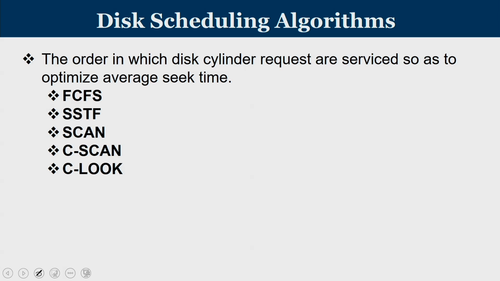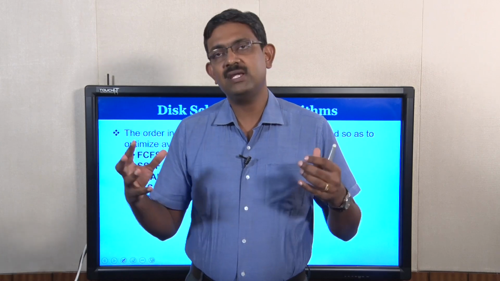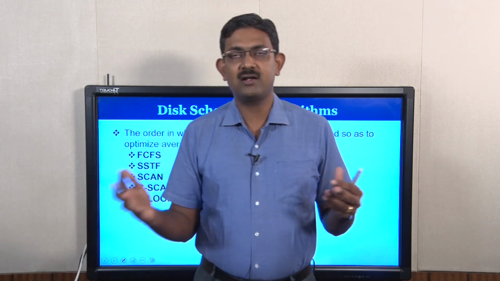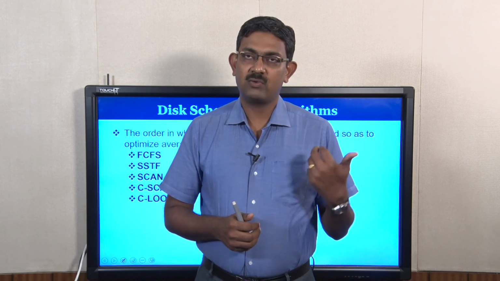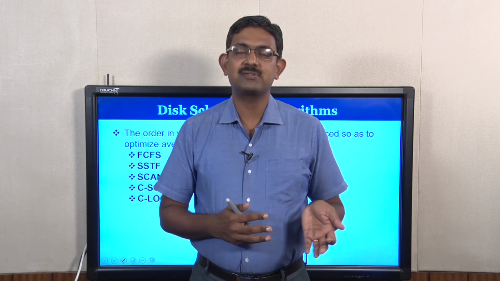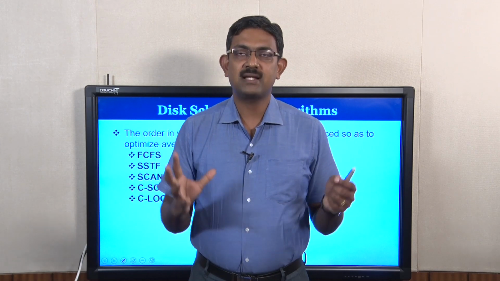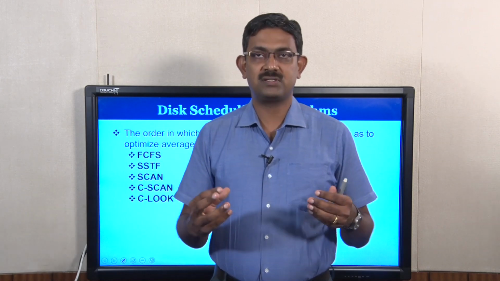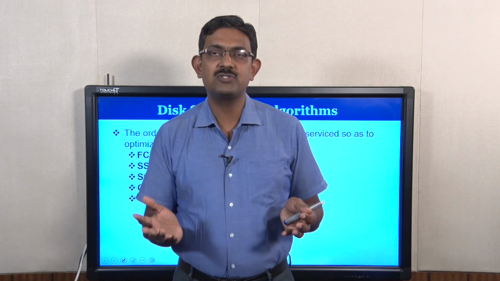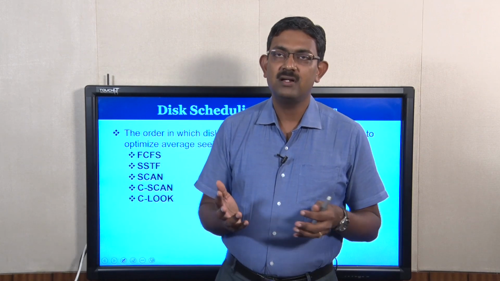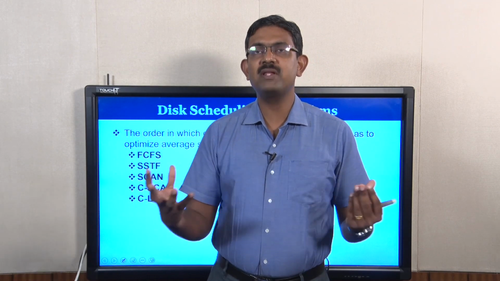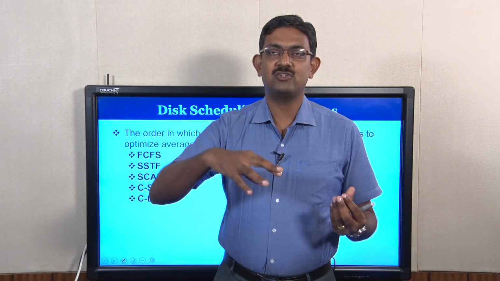Let us now try to work with disk scheduling algorithms. What is the context of disk scheduling algorithms? Your main memory is going to give a lot of requests to the disk scheduler, such that it wants data to be copied from the hard disk to main memory. The requests can be from the processor side, from DMA controllers, from IO processors, and so on. Whatever it is, at the end the hard disk controller has a set of requests, and these requests have to be converted to cylinder numbers, platter numbers, sector numbers. Now, once you have many requests, which one will I pick? That is called disk scheduling.